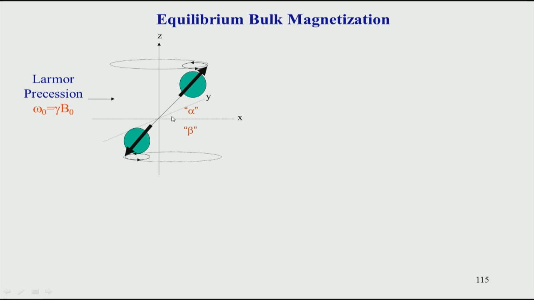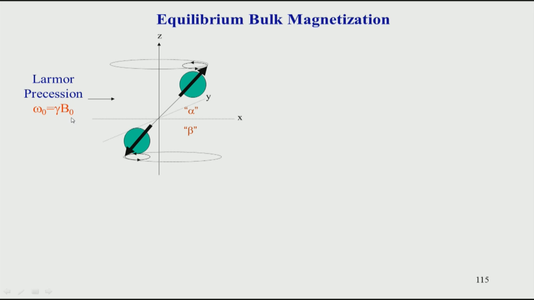In the next part we saw how the rotating frame of reference is important in NMR. For that we have to go into the classical picture. This is what the classical picture says: imagine that you have a nucleus having a spin, which is pictorially represented like this. When you put it in an external magnetic field oriented along the z axis, the spin starts precessing, revolving around this magnetic field, and the angular frequency of this precession is given as omega is gamma B0.